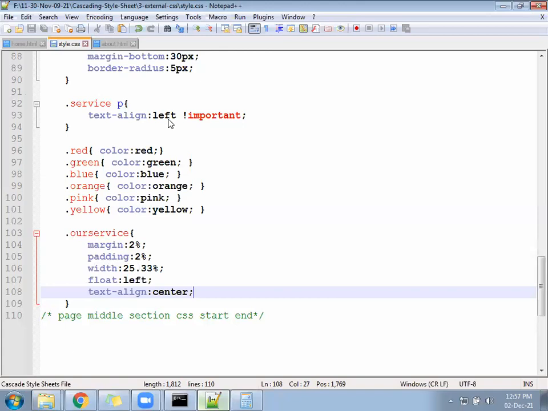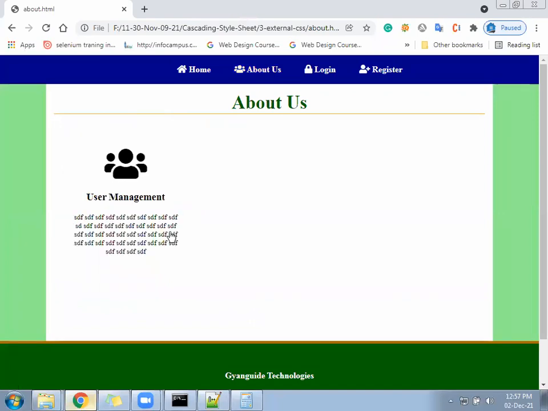Clear? Coming on the left side. Got organized like this. Like this 3 blocks we are going to fit here.